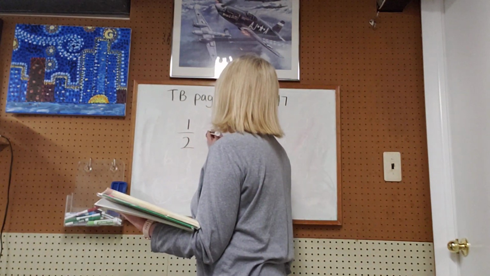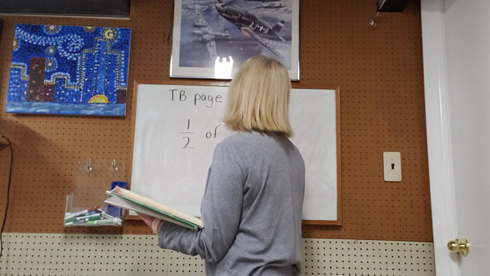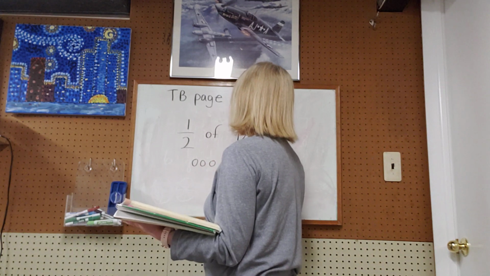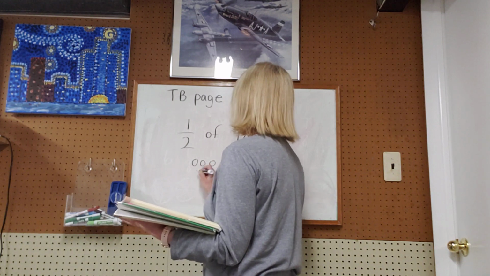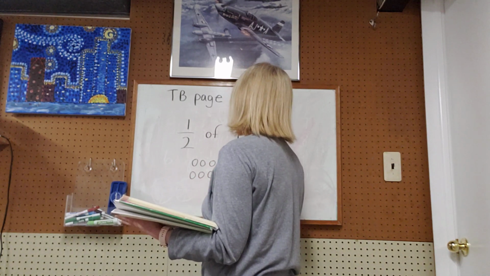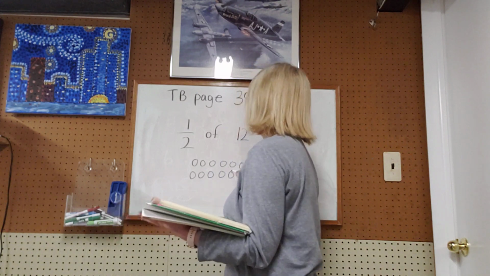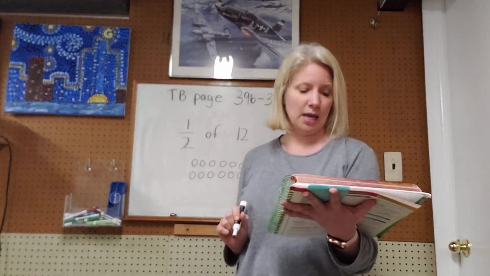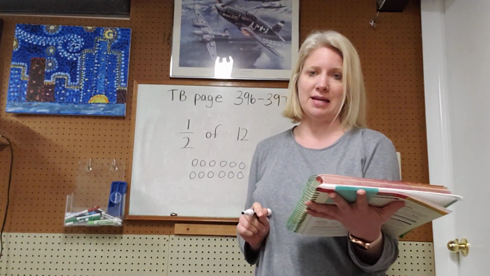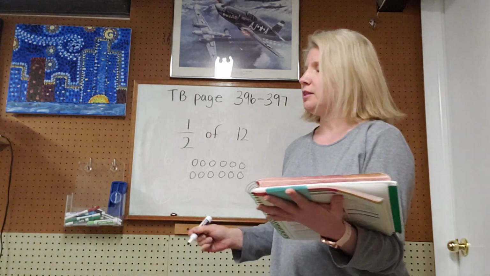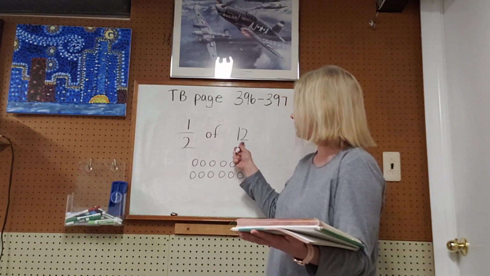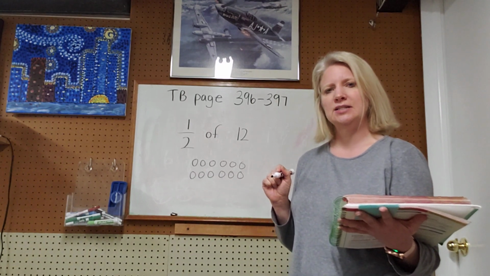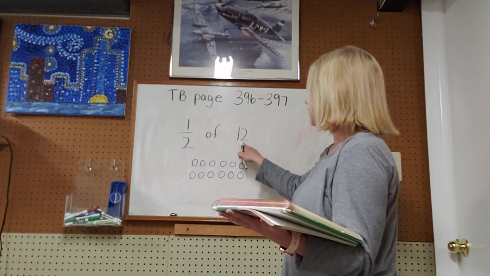1/2 of 12. And it had 12 here for you. 1, 2, 3, 4, 5, 6, 7, 8, 9, 10, 11, 12. So that was your carton of eggs, and you had 12 of them. And it wants you to divide them in half. So if you look at this fraction, 1/2 of 12, so half of 12, it's kind of like a division problem. So it's kind of like saying